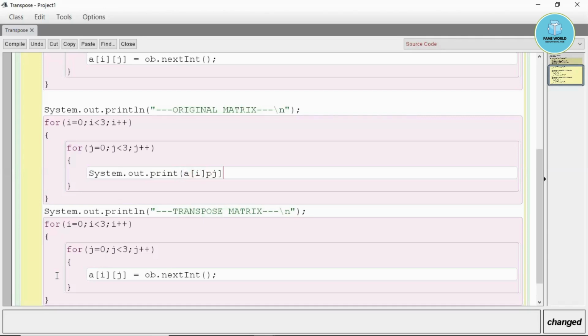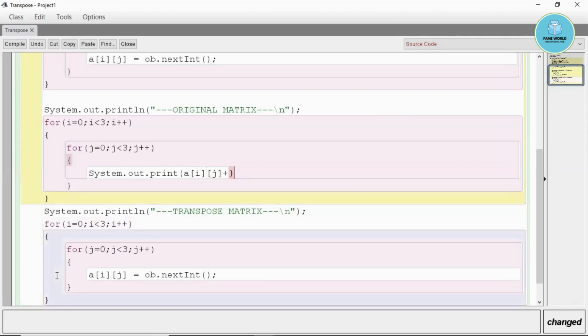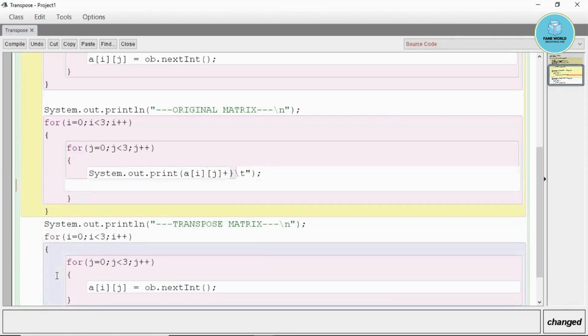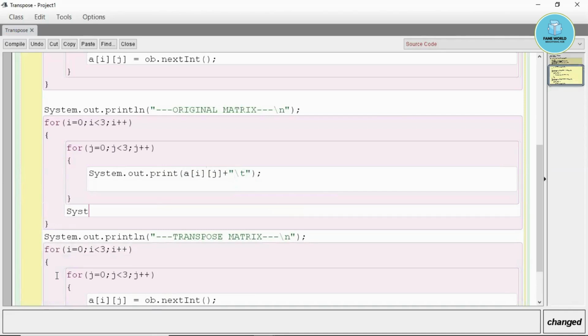Here I am taking ij, and for the spacing we will just take slash t. There is a problem, I have not given the double quotes. That's good. Now after that, System.out.println, this for the next line, as we take in the patterns. So yes, this is done.